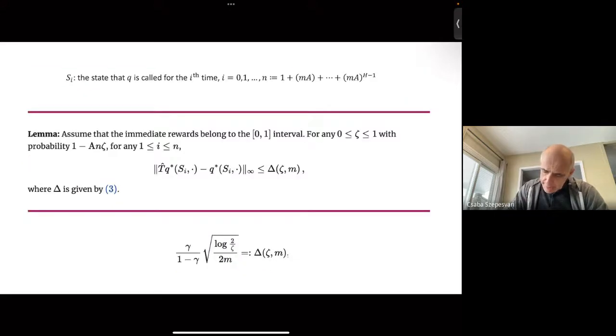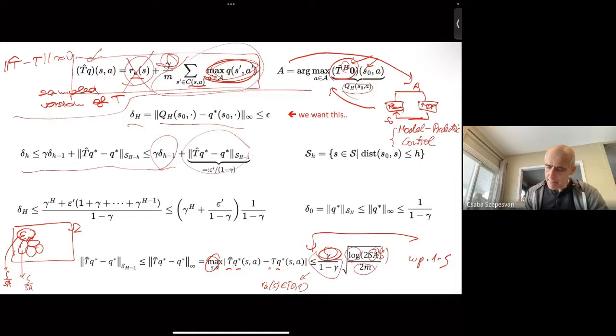Okay, so we see that if m gets really large, and we make zeta small enough, then we will be able to keep everything under control. But m, according to this calculation, should be at least proportional to log s, right? Because there is this log s here. So this argument shows that as long as m is big compared to log s, we should be fine, which is a big advance compared to previous arguments,